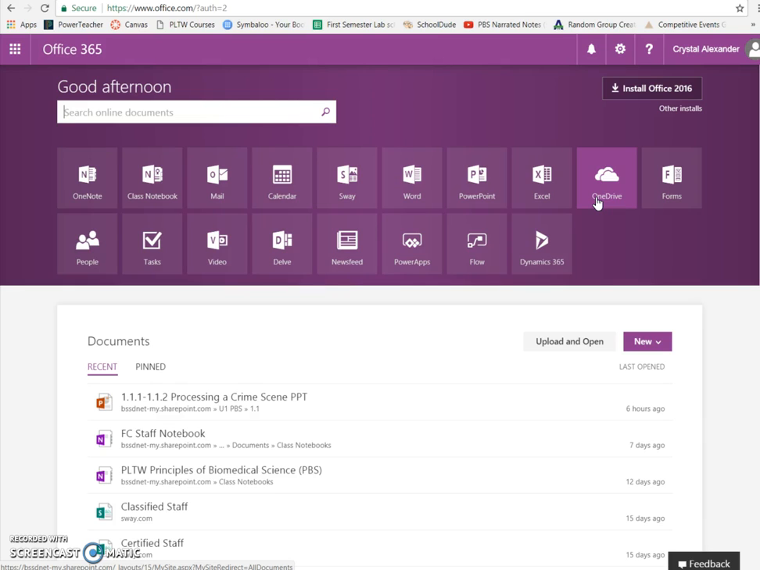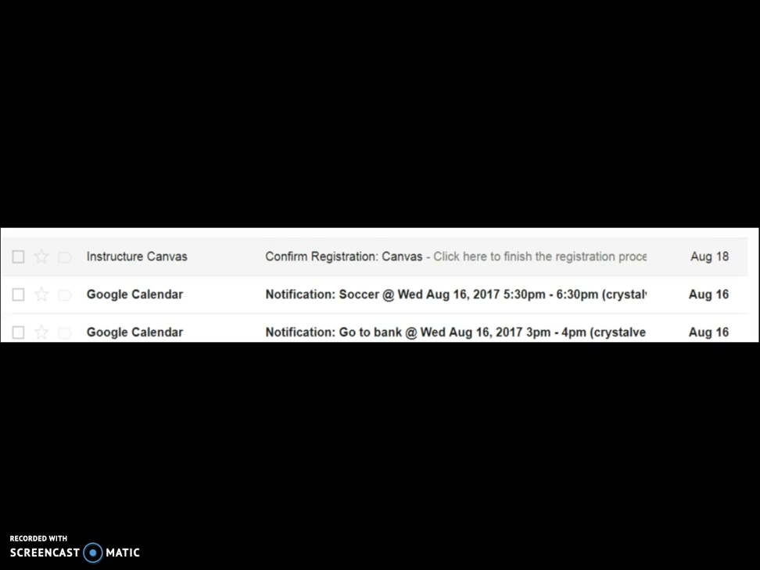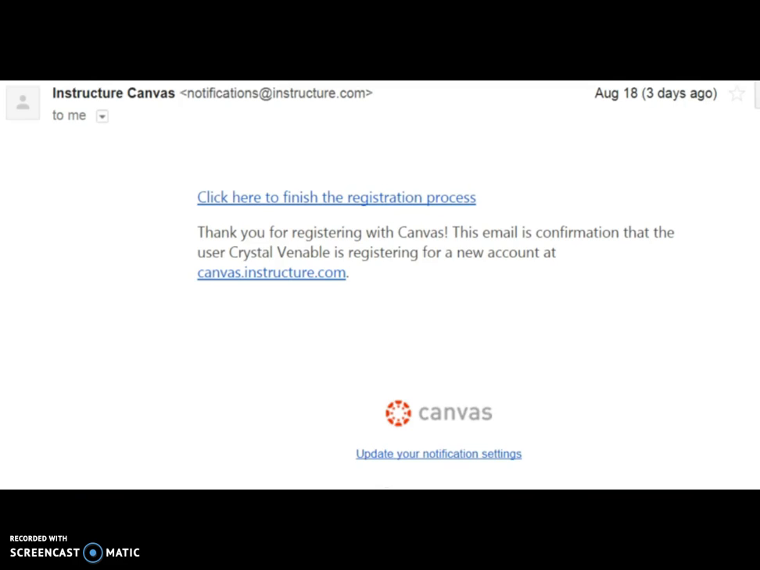So let's try clicking Email to start. Look for an email from Instructure Canvas. It should come on today's date if you're doing it right now. And click on the link that says Confirm Registration Canvas. When you open this email, it should look like this, that says welcome, click here to finish the registration process. I want everyone to click that blue link, which is going to verify that you have now enrolled in the